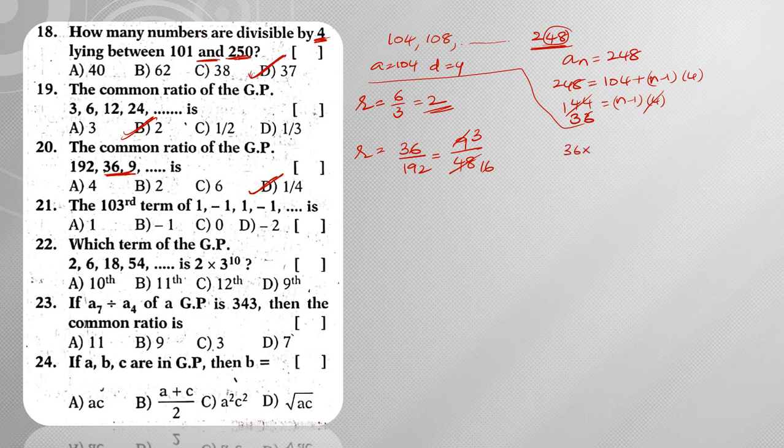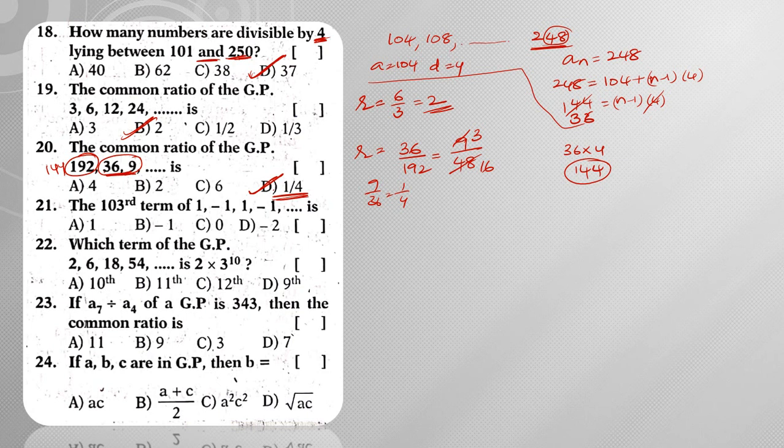When I multiply 36 with 4, what am I going to get? 6 4s are 24. Next, 4 3s are 12, which is nothing but 144. That means instead of this, you should have 144 to get the answer as 1 by 4. Because if you want to maintain this particular GP, then clearly it should follow this condition. So 9 by 36 is nothing but 1 by 4. So to make this 1 by 4 as the answer, instead of 192, it should be 144, right?